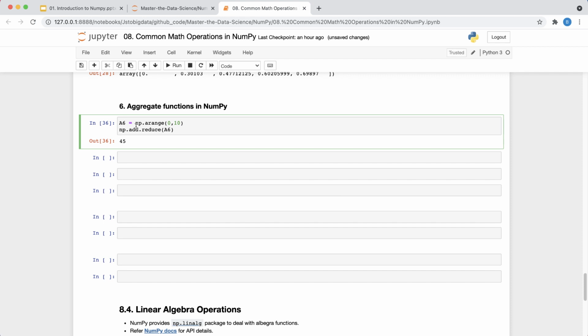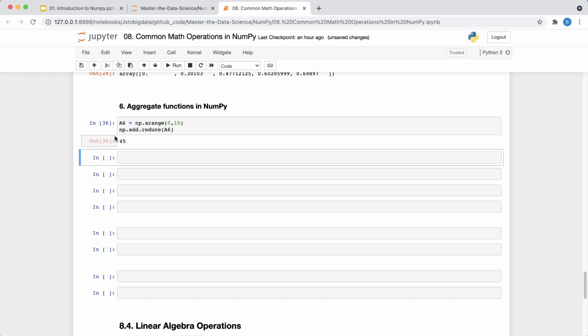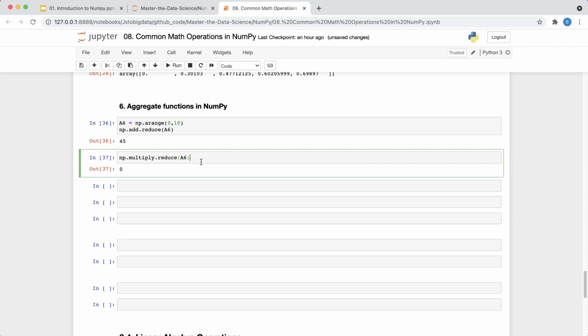So let's say we insert another block below, and I say np.multiply.reduce, and reduce what? A6. Okay, so you see that the result is 0 because you have one element which is 0. First element is 0, so everything gets multiplied by it and becomes 0.